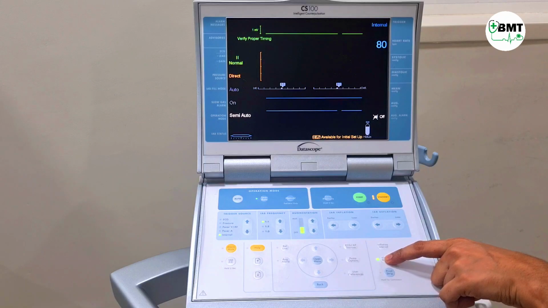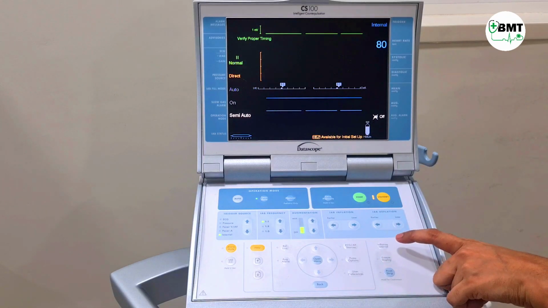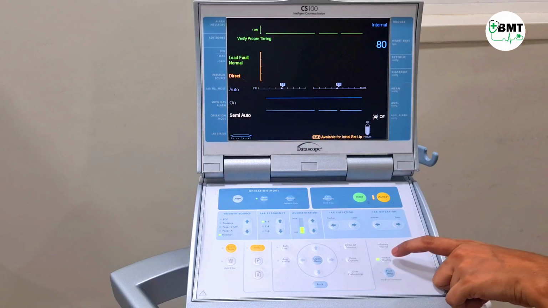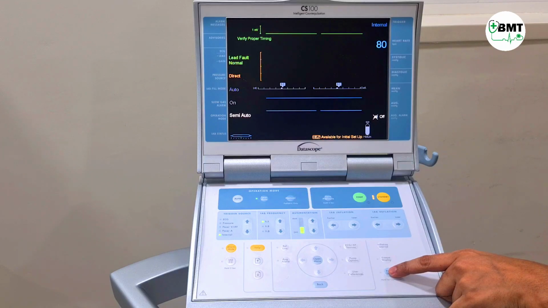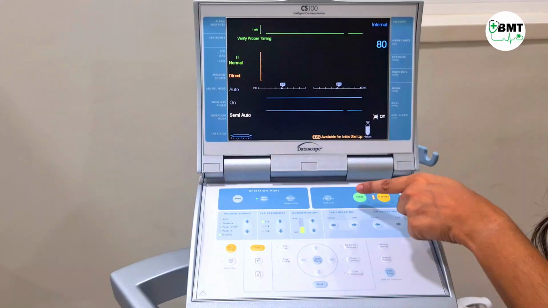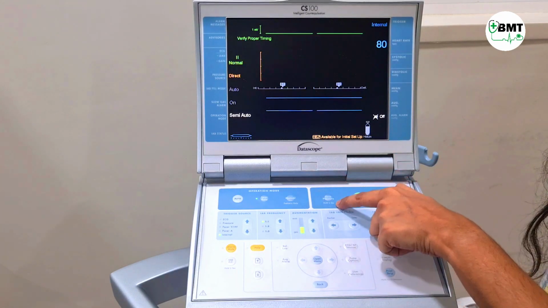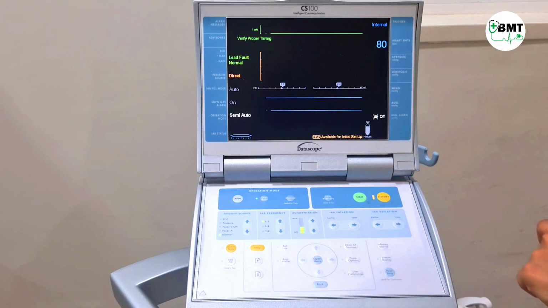Freeze display. The display will get frozen whenever the IABP is started. At that time, this display can be frozen from this button. If you press and hold it continuously, the print strip will come continuously. For zeroing, hold it for 2 seconds, that is zero pressure. This is the start button and this is for standby.